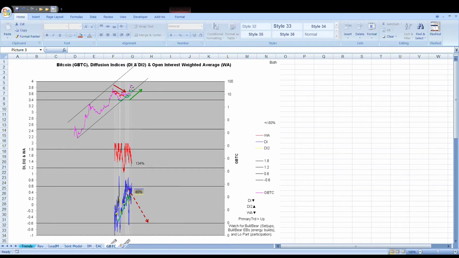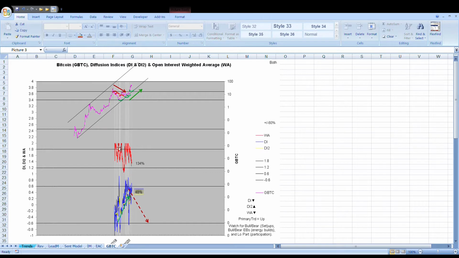So what we're going to have to see now, as this price curls downward, I don't know how long it's going to last, but we're going to want to see how energy reacts to that. Do DI and DI2 continue higher and spike way up into this area, or do we collapse as price declines? The former is accumulation, the latter is distribution. The former is bullish, the latter is bearish.